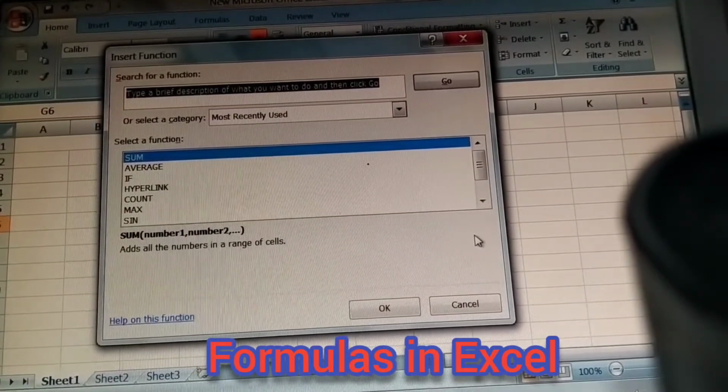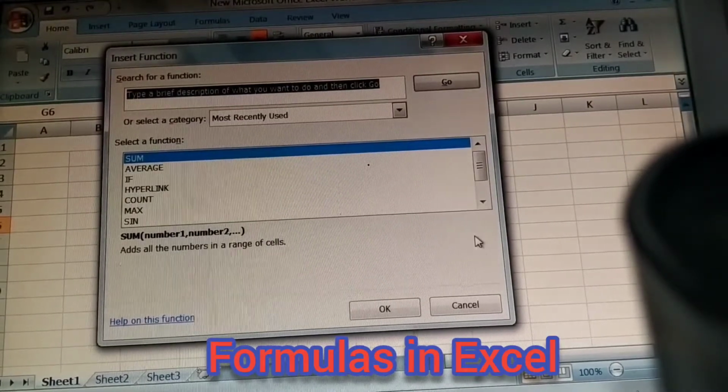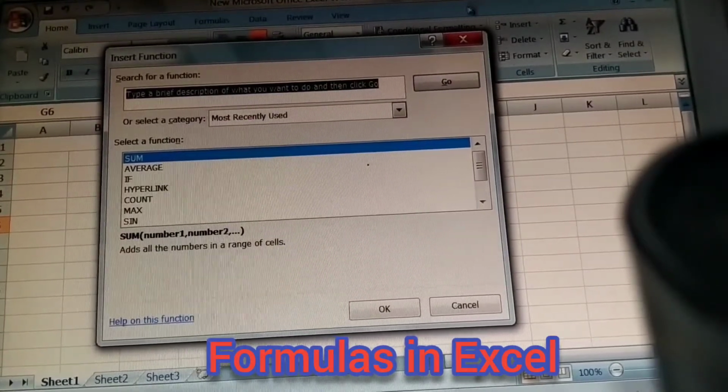And viewing the result without inserting a function in the cell, that we have already seen: total through the plus symbol, selecting cell addresses, typing any mathematical symbol in the middle, and again the next number.